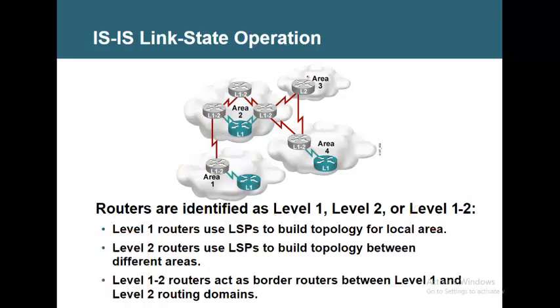But if you want to make a router only L2, you can do so. Or only L1, you can do so. What will be the difference? When you have L2, you will have routes of all other areas. When you have L1, you will have only local area destinations. So in the routing table of this router, you will see only the networks of the local area. Nothing from other areas you can see.